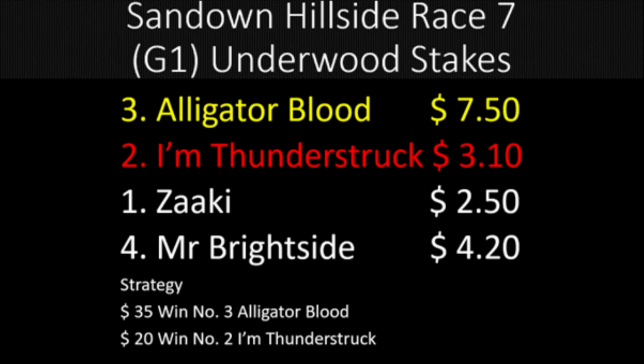Look, the third up record's misleading, and that was when he was at a younger point in his career. Didn't have a lot of luck when he was third up, but he has won third up, which is a good record. Timmy Clark aboard, and from all reports from the stable, I think they're not wanting to ride this horse forward or lead, but I hope that they still take the initiative and go forward and set